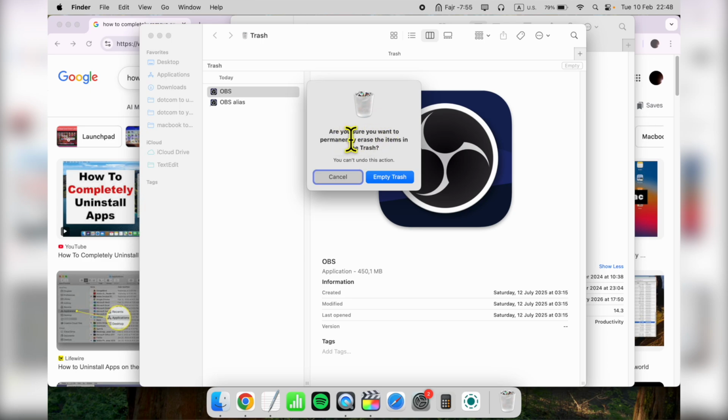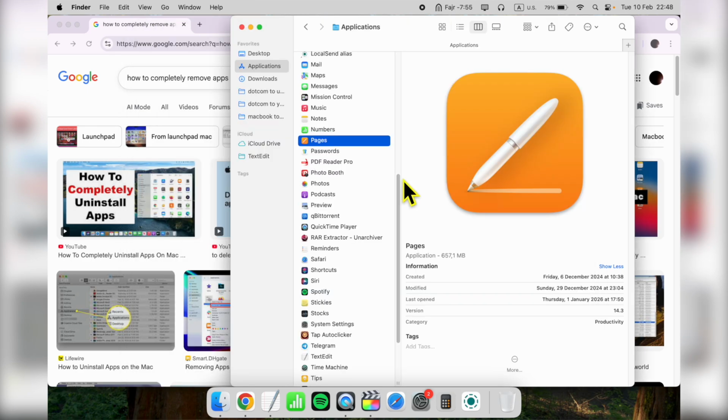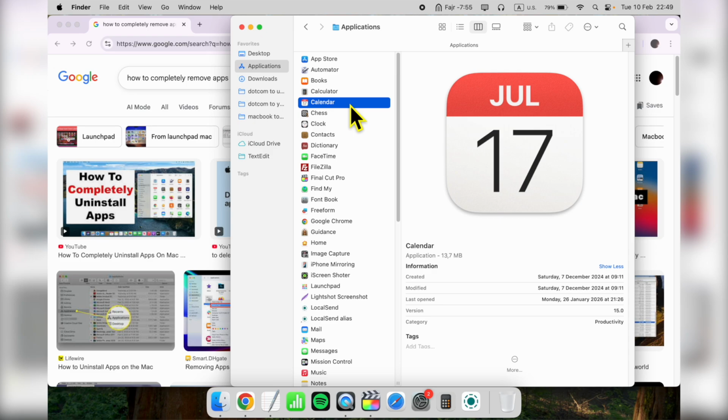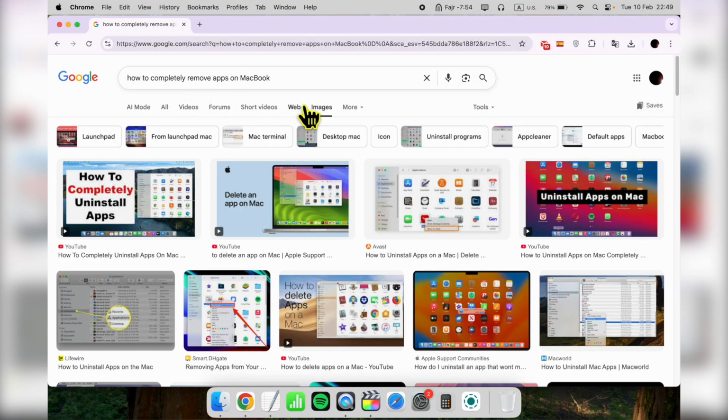Are you sure you want to permanently erase the items in the trash? You can't undo this action. Yes, empty the trash. And just like this, no more OBS app, the OBS app is completely removed from my MacBook. And this is how to completely remove apps on your